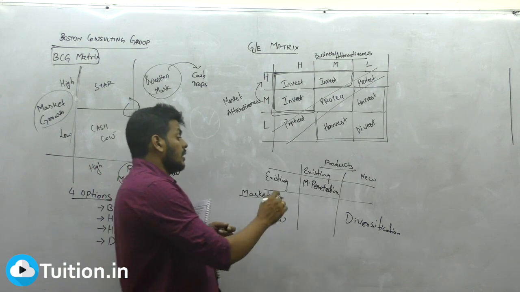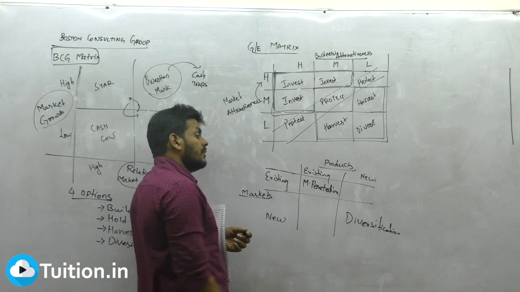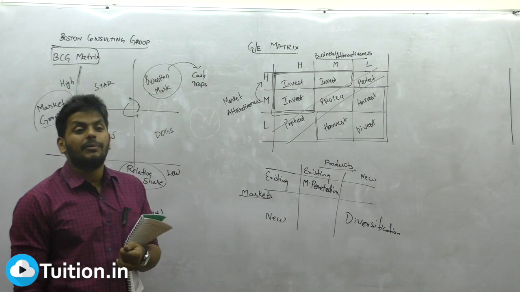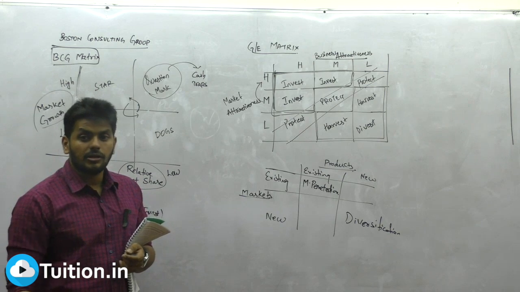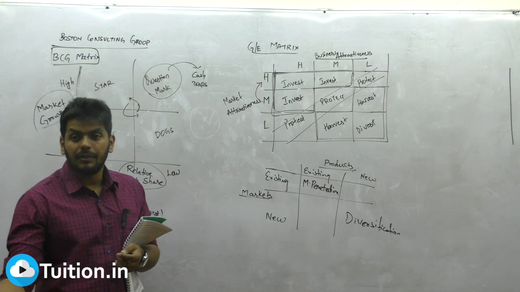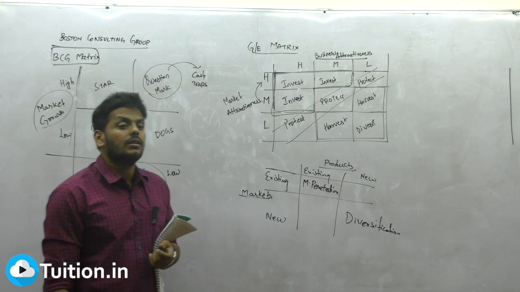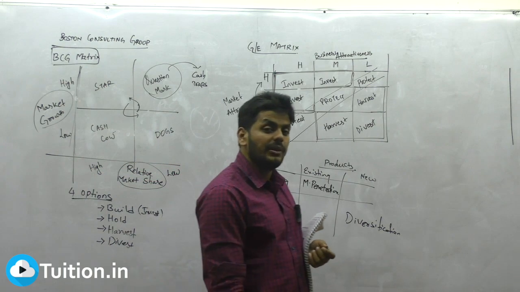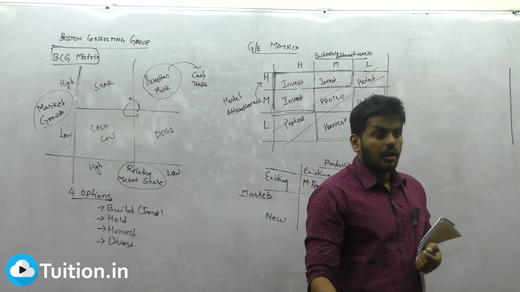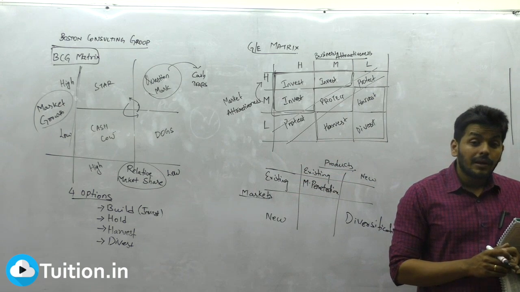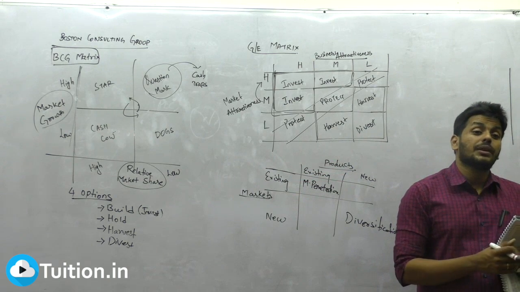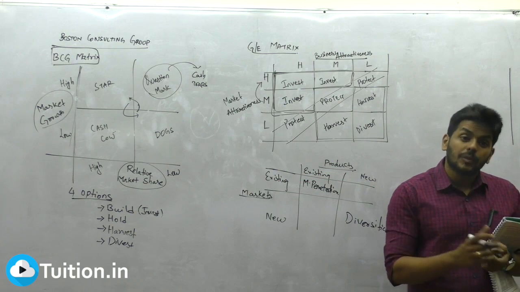Now, you have an existing market. When you say existing market, do people know about your product already? Yes. Existing market is already there, people are using. For example, smartphones. Do people already know about phones? Yes. So there is an existing market for phones. But I came up with an altogether new product with enhanced features. Is it a new product?